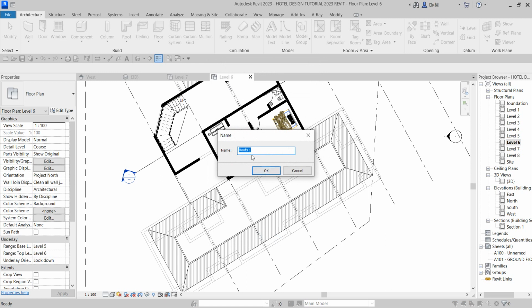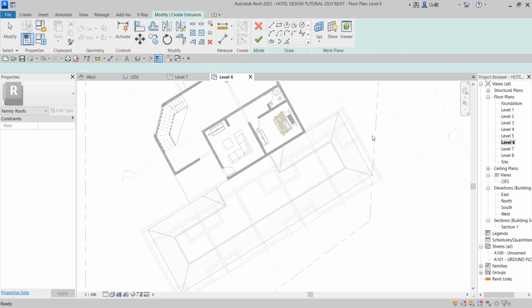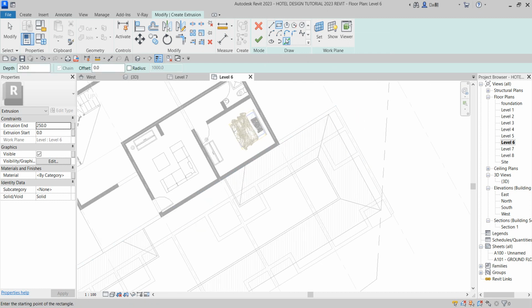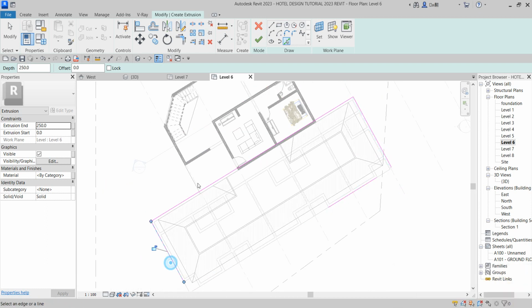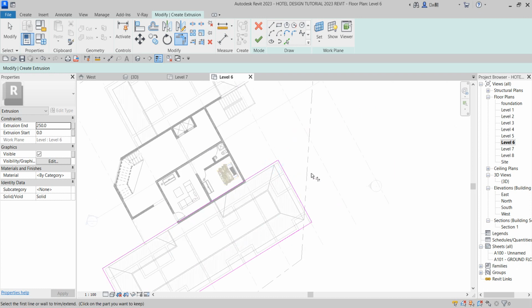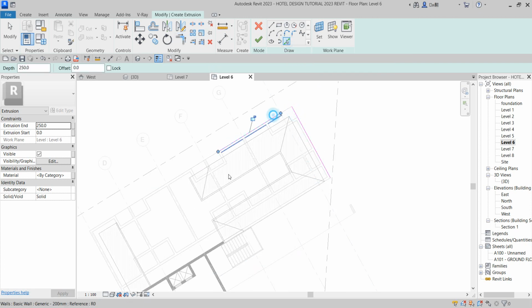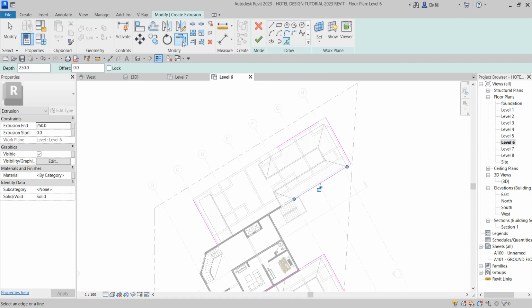So you just say roof 1, let it be that way. And what do you go to use? You want to use extrusion to build that up. So now we click here, we select. So we do the same thing. Since they are in the same level, we work it out in the same way at this side as well. So you close up,